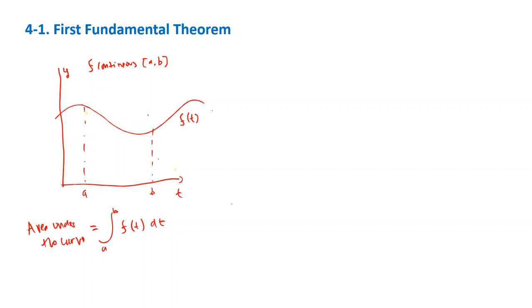Now we want to define another function. It's the same as the area under the curve, but I don't want to specify the range. We only specify the initial point, but let's say t is in between A and B. This is x. I want to know the area under the curve between A, the initial condition, and x. And then we define that as F(x). So F(x) is actually the area